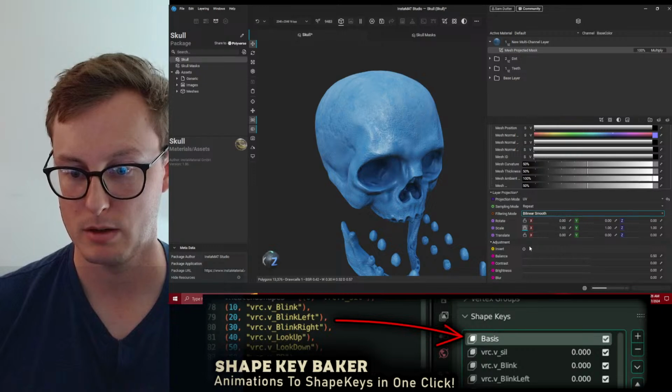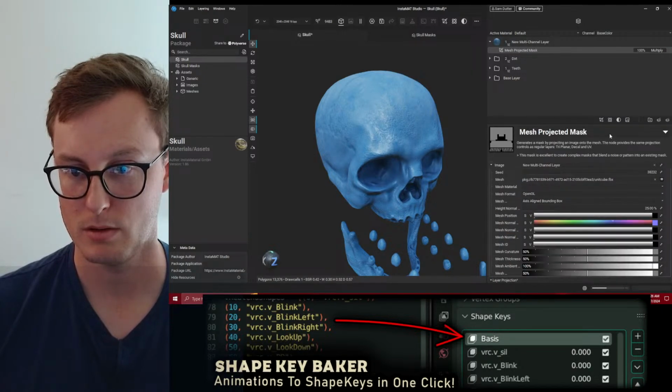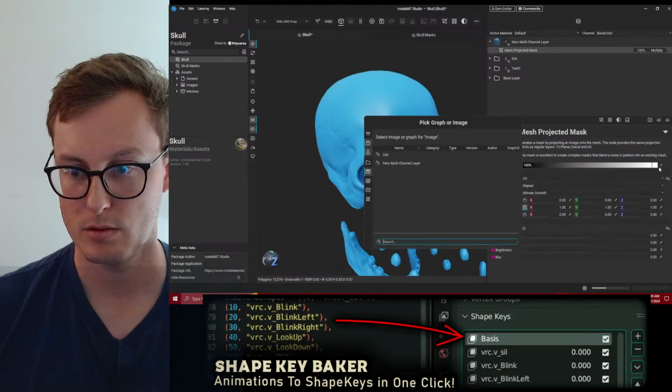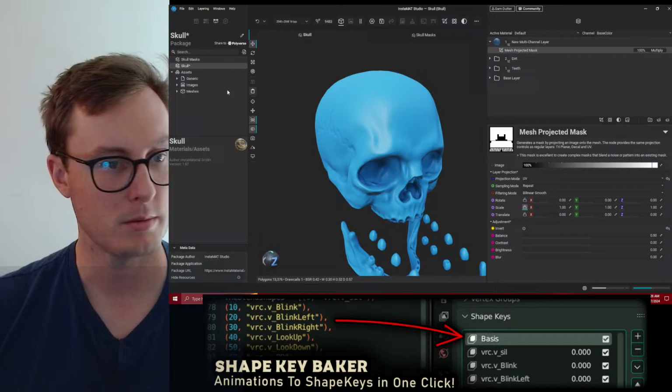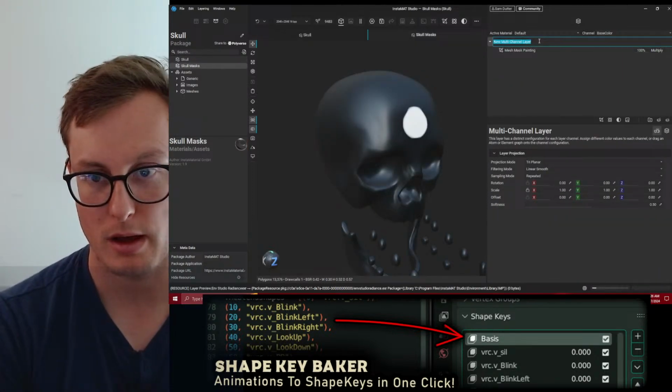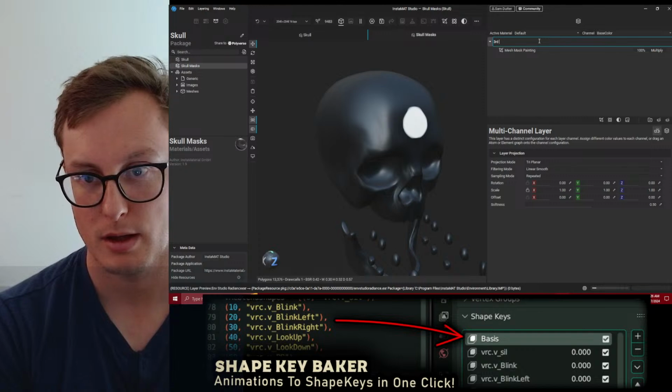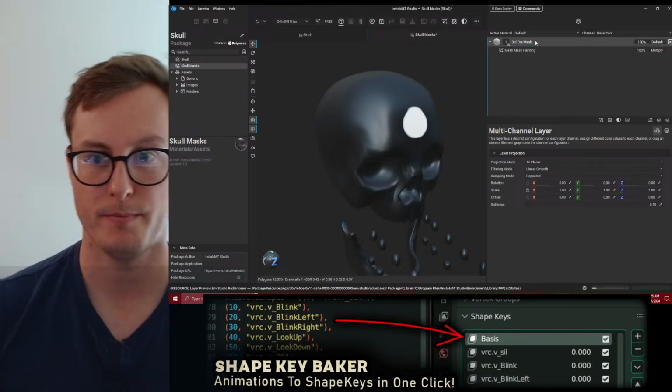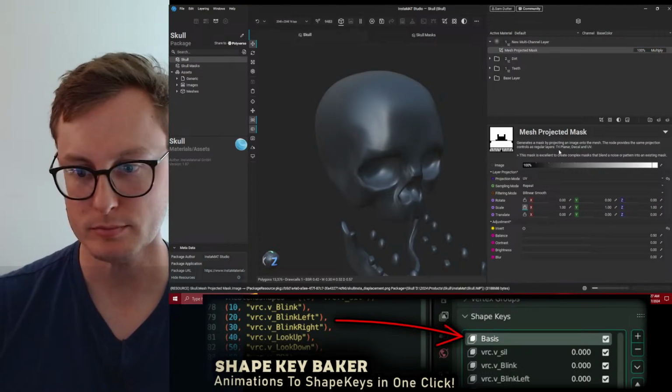Don't think I wanted all this though. Just wanted that one layer, that one. Let's go back to the other one, skull masks. Rename this to third eye mask. Right, that's the one we want.